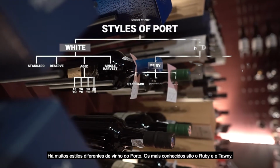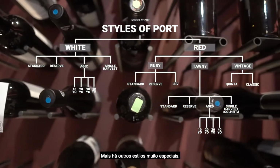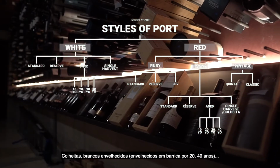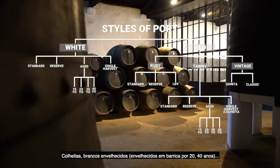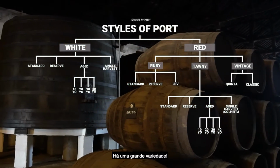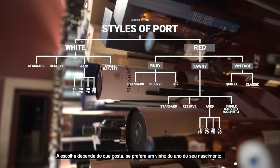There is many different styles of port. The most known, they are Ruby and Tawny. But we have also some very special styles. We have the single harvest, old ports from white grapes, aged in the barrel for 20, 40 years. So you can have a very wide range for your taste. That depends what you like, that depends what is the year of your birth, and probably we can find it